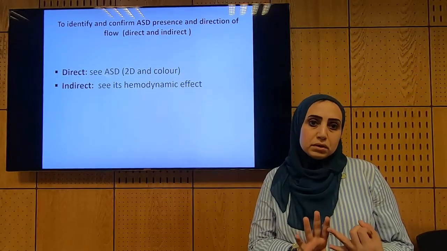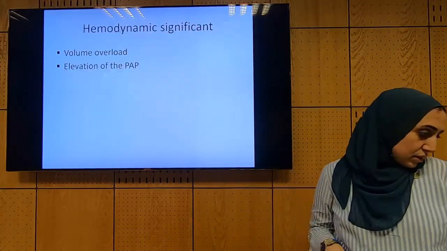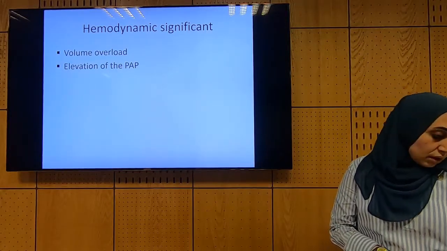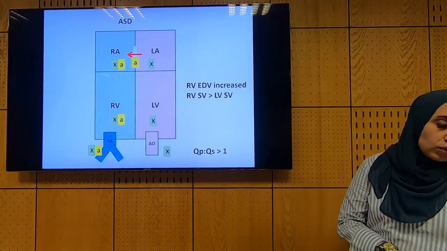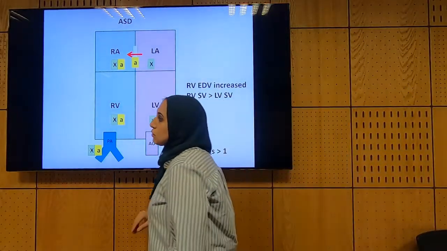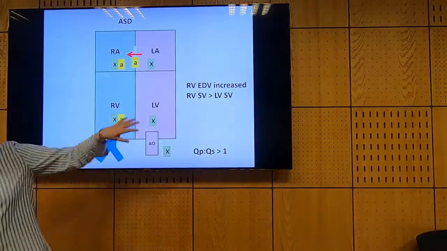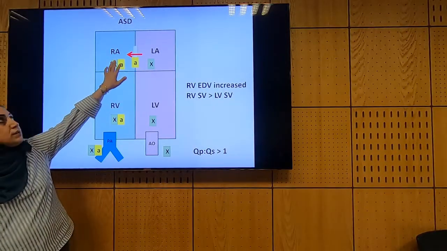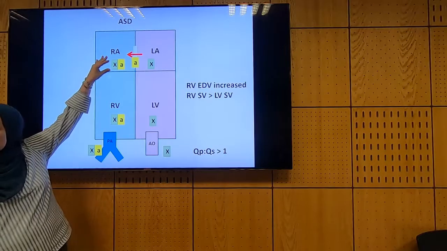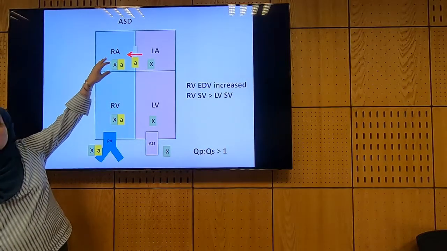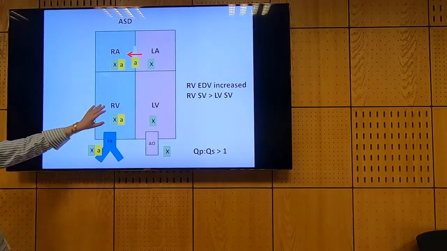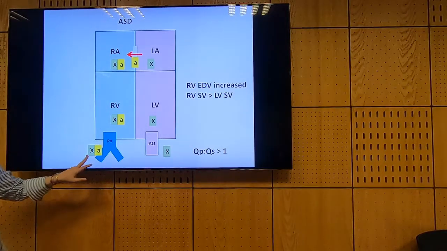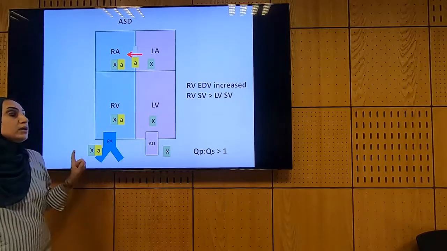Right atria and right ventricle. This is good. So actually, it's volume overload, and as Hatem said, it's volume overload on the right side. If we imagine that we have an extra amount of blood that will pass across the ASD, the amount of blood going to the right atrium will be more, and what goes to the right ventricle will be more, and the pulmonary artery will receive more blood compared to the aorta, and it goes back